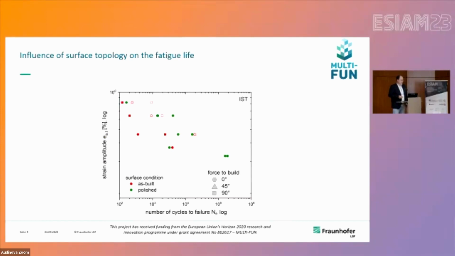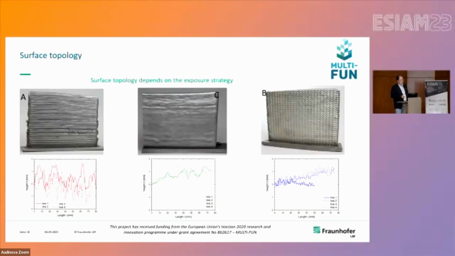Then, and now it's getting more interesting, how to describe the influence of the surface roughness or surface topology on the fatigue life. As you can see here, you can imagine that there is an influence if you have polished specimens or specimens in the build state. This roughness of the surface has an influence on the fatigue life, and it also depends on the direction, which makes it not so nice. Before, everything was isotropic. Now we have to deal with anisotropy,